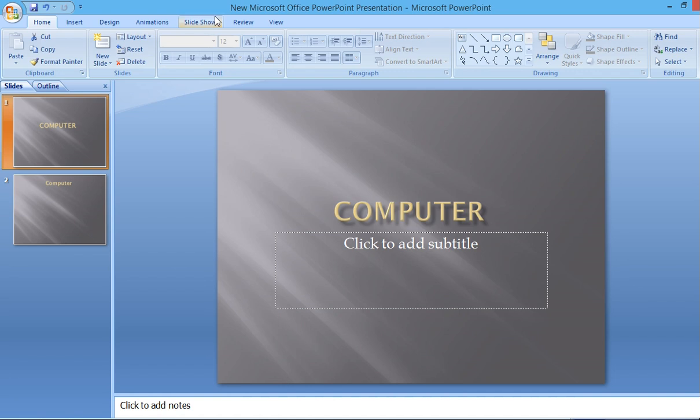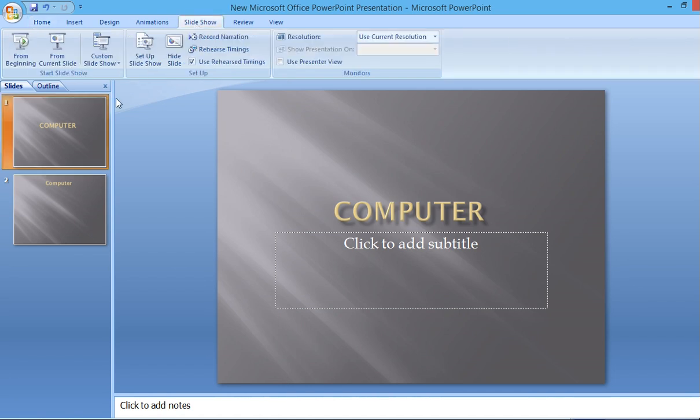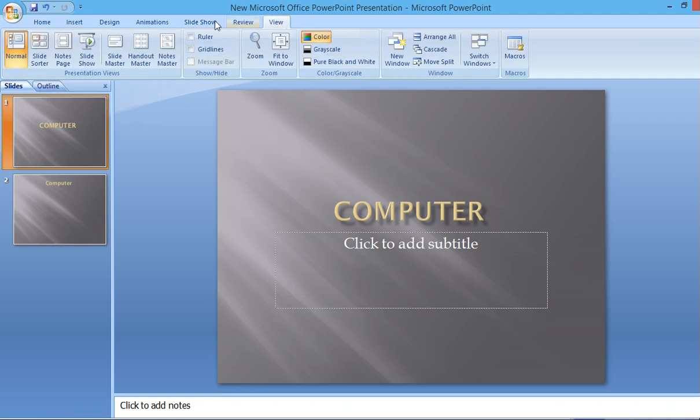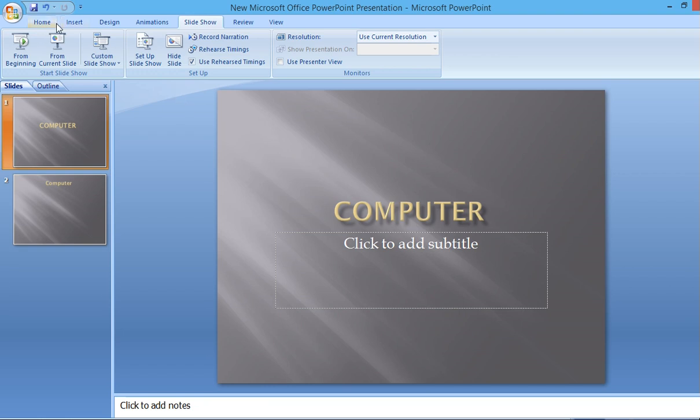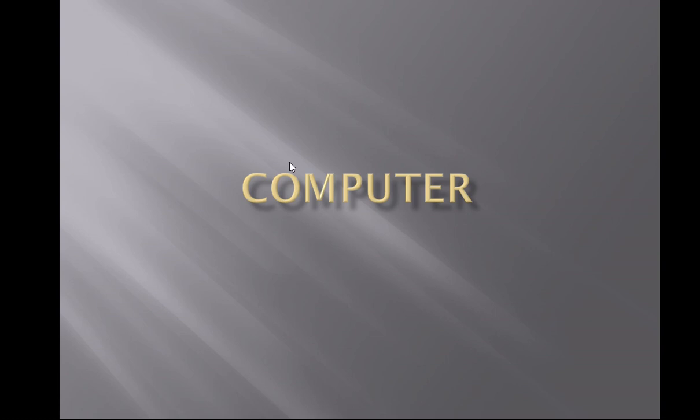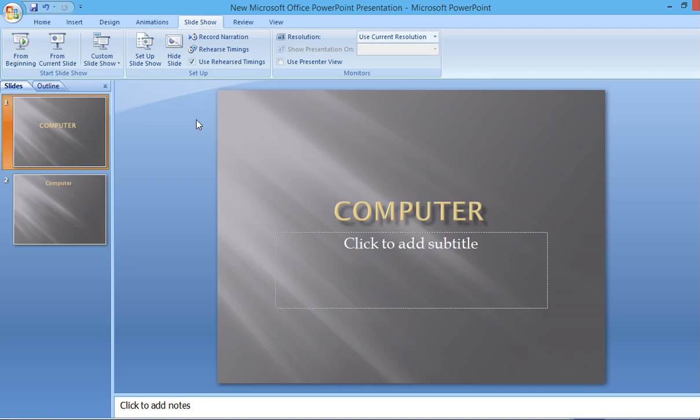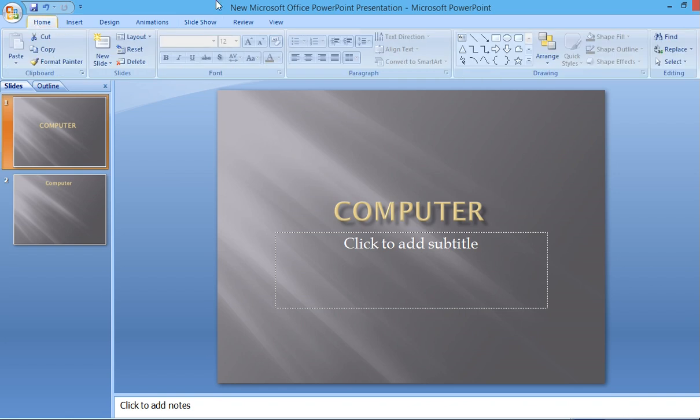Now next is how to execute these slides, means how we can see these slides on a full screen of a computer. So first of all, to see this, we will go to slideshow and here is one option that is from current slide. You can see like that. So what are the steps to execute it? You will go to slideshow and here is one option, from current slide. You can execute like that. And the second way to execute this presentation file is you can press F5 from your keyboard.